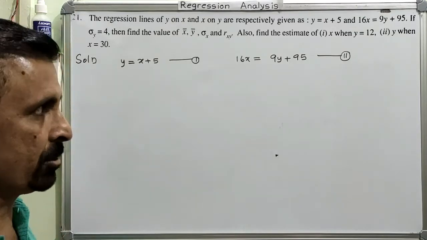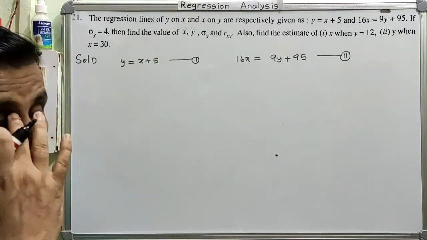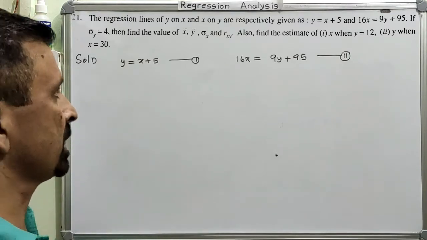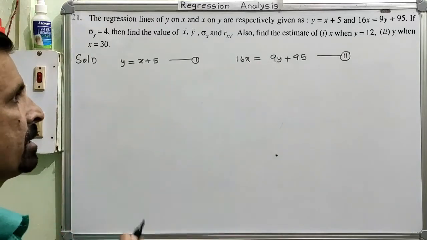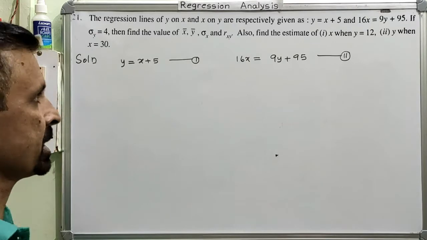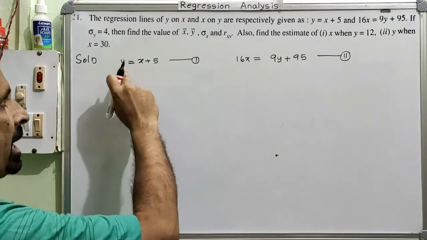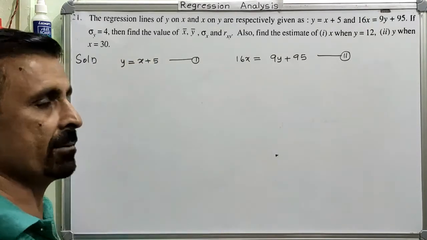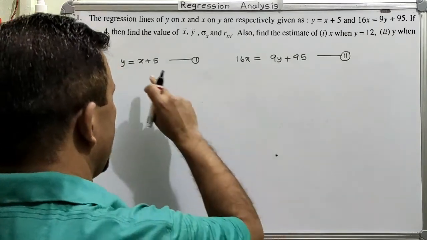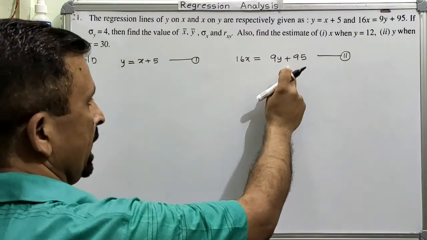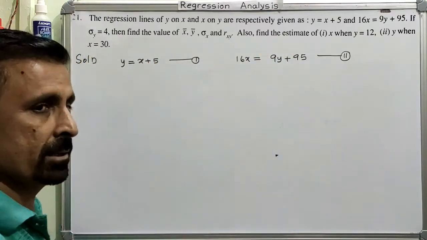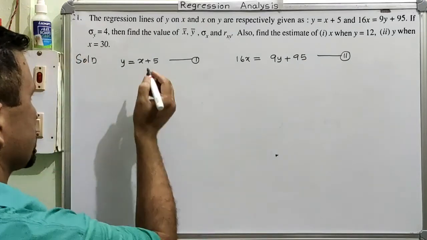Clear? And I told you before also that this pair of linear equations you have solved in class 10, all three methods. So here, I will not use the elimination method. I am going to use the substitution method, because in one equation I have the formula for y, so I can take advantage of using the substitution method. So I'll put the value of y in equation number 2 and calculate. I will get the value of x, and then further we will calculate the value of y. So that's how we will get the value of the mean. So let us do that.